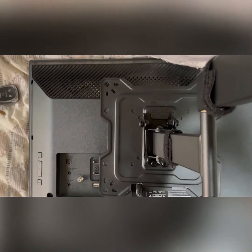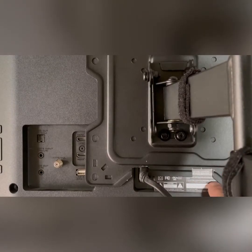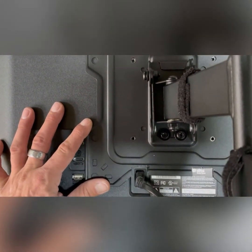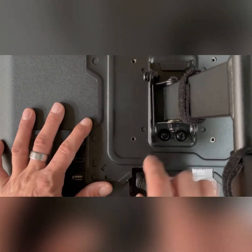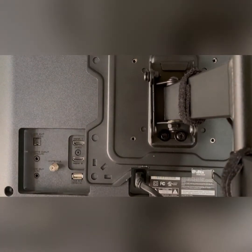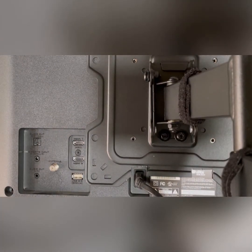Now, I flipped it upside down, so I accidentally cut this side here, and I needed to cut this side. Let's see if I can get these holes lined up. There we go. So now this plug has plenty of clearance. That's what I needed. So I had to modify it a little bit. Now these holes were already here, and they line up with the holes in the TV. So all I need to do is figure out which